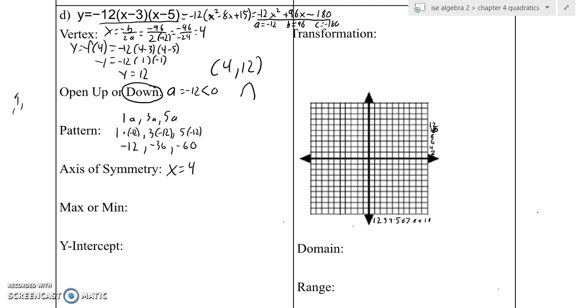So our vertex is the point 4, 12. We're going to go over 1 and down 12. That's easy to reflect over the axis of symmetry. If we go down again, we'll go way off our grid, and so our parabola